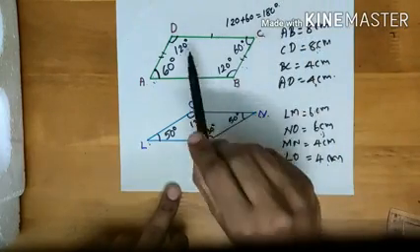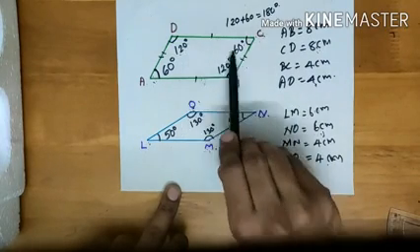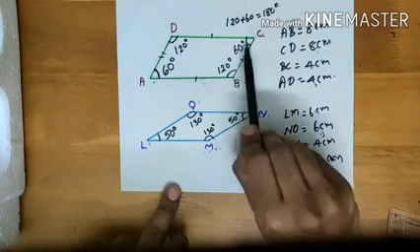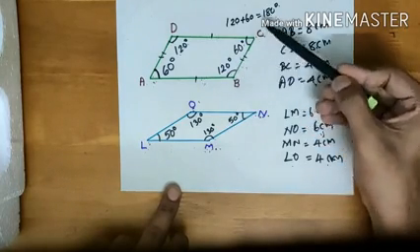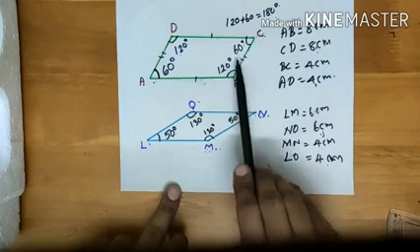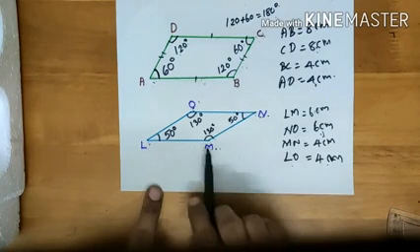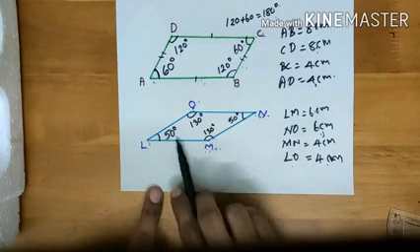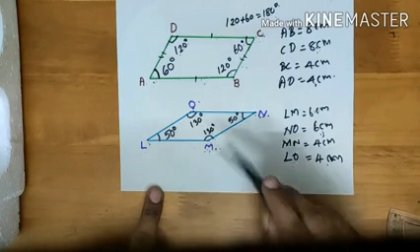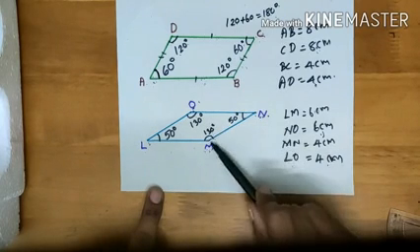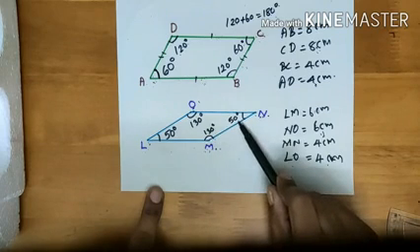If we consider another two adjacent angles, that is C and D. Again, what is the sum? It is 120 plus 60, 180. If we consider these two adjacent angles, what is the sum? It is again 120 plus 60 equal to 180. Now if we consider LMNO, what is the sum of these adjacent angles? L and M, it is 180. What about M and N? Angle M plus angle N, it is also 130 plus 50, 180.